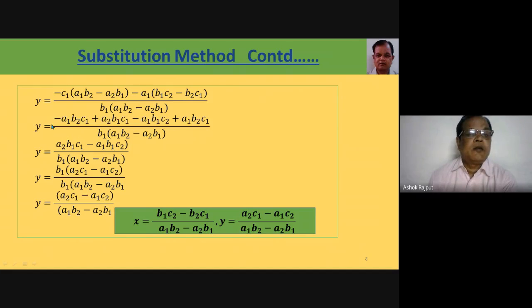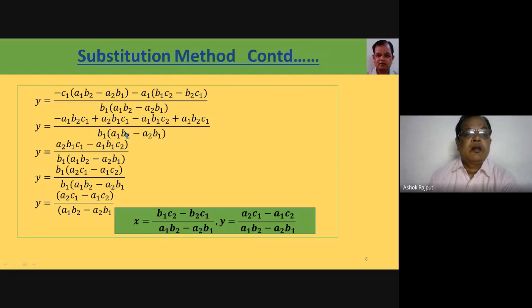Now we will simplify the numerator. Breaking the bracket, because the minus sign is here, we will change the sign also and multiply by c1: minus a1 b2 c1 plus a2 b1